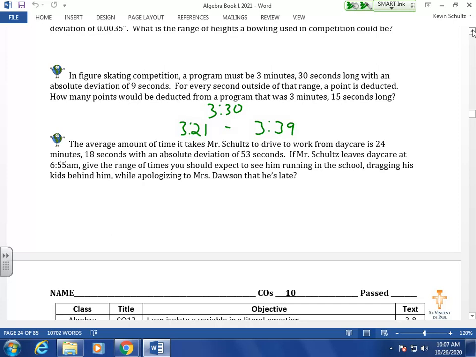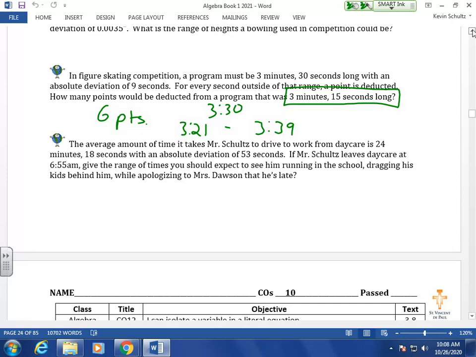So if a routine is 3 minutes and 15 seconds long, it's not how far away that is from the 3:30. It's how far away it is from the 3:21, because at 3:21, you're still okay, right? So it's 6 seconds shorter than 3:21, so 6 points should be deducted. If you put an answer of 15 points, you are going from the target time, the 3:30, but remember that the absolute deviation means you're still okay within that given range. So it's how far it is from the low end of that